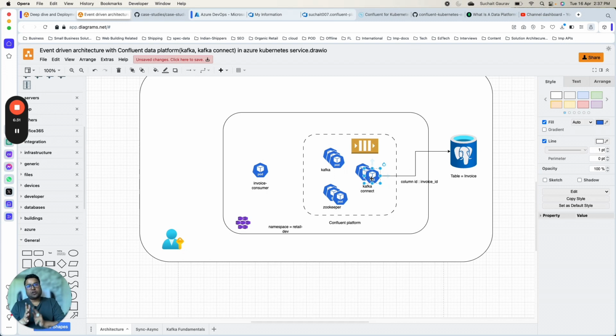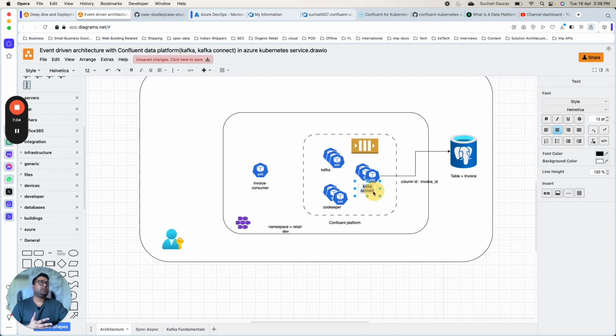Alright, and then from the topic of Kafka, you could have a sink connector if you are implementing the change data capture. If you are not implementing CDC, you could directly consume that message to an application like invoice consumer. That's what we will do for implementing the CDC, which will basically create a replication between the Postgres database and a Cosmos Mongo. We will create another video series. But in this video series particularly, your Kafka Connect is